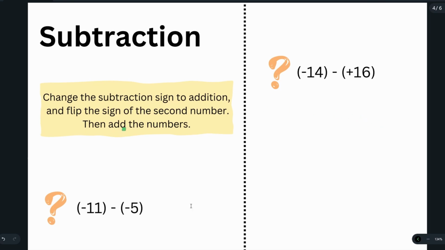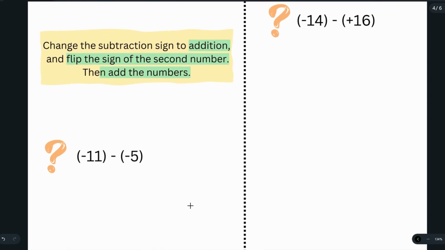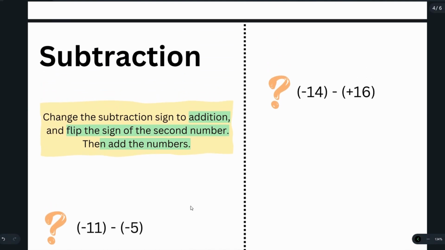When you're subtracting numbers, change the subtraction sign to addition and flip the sign of the second number, and then add the numbers. That's it. So let's do an example. Let's do this one first. Remember the rule. Let's change the sign to addition. So we're just going to add